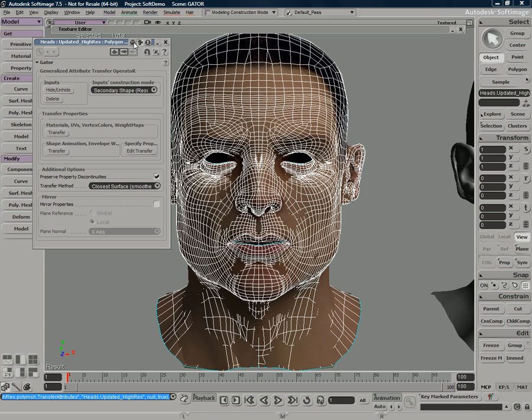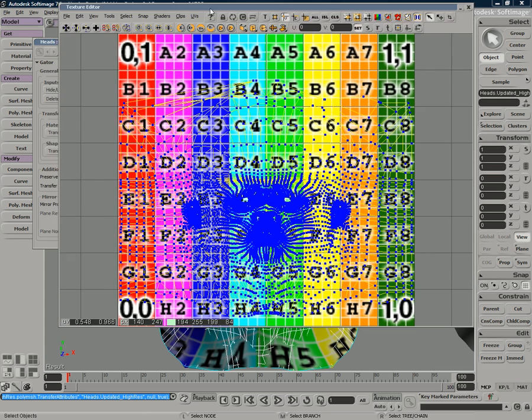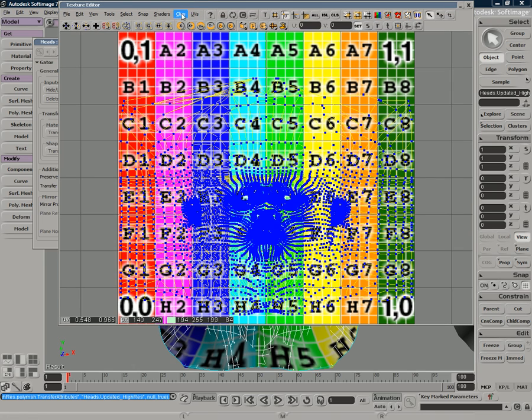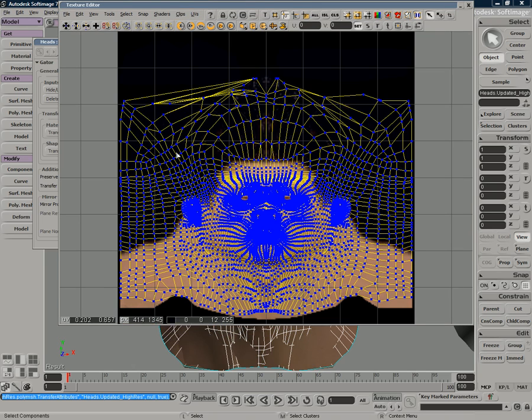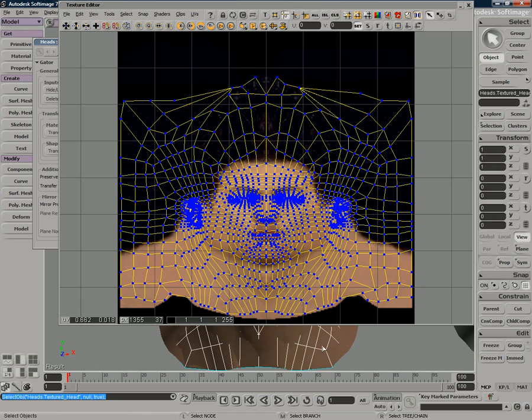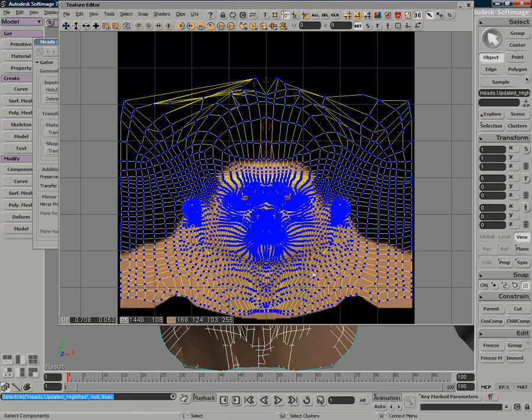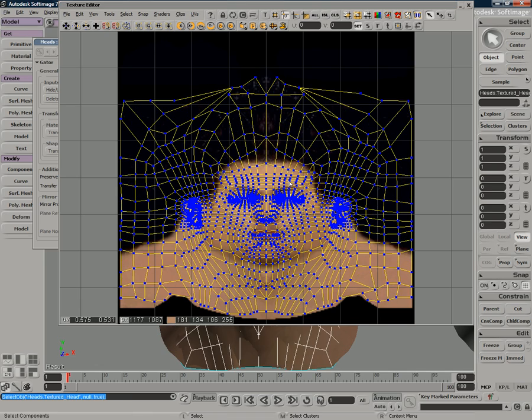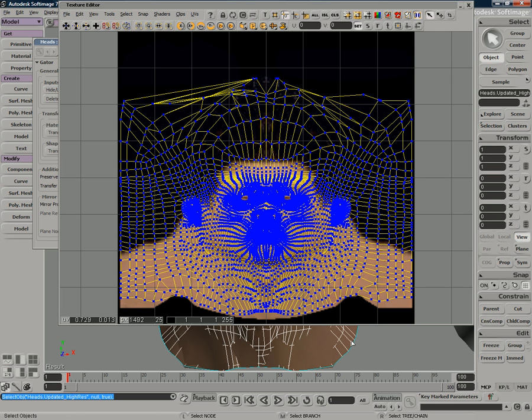Now, these little options right here will allow you to pin property pages so that they don't go away. So I'm just going to click on the lock icon, which will keep my Gator property page preserved. But now check this out. If we open up our UV editor again, and I'll just tell it to have the proper clip here. Look, this is the UV map that Gator generated. This is the one that I created. Now look at the difference. Just a little bit of work here to do this. Send it through Gator, and Gator will completely generate a brand new UV map. It really just works like magic.